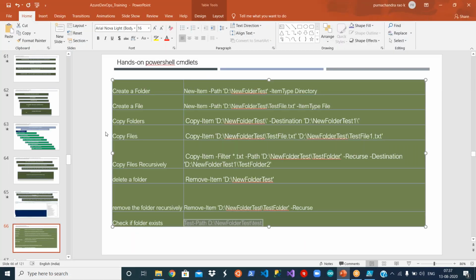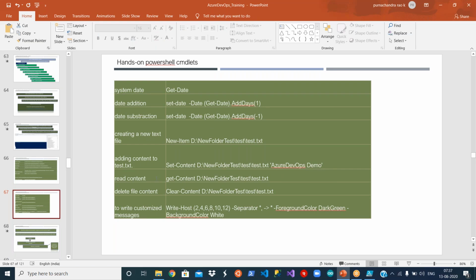Similarly, you can work on all these folders and execute these things. I'll just share it with you. You can delete the files, etc. You have the date related stuff as well.